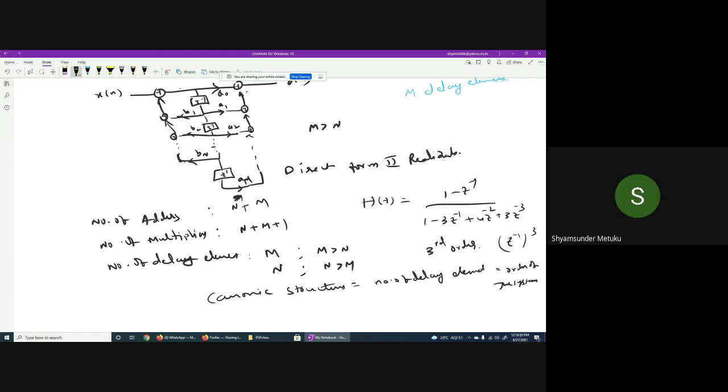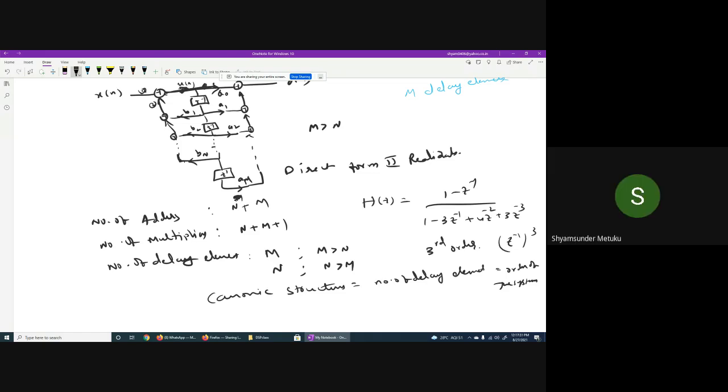Basically, this is an output. Finally, this is your output. Intermediate? No, from here to here, before a naught is multiplied, this whole thing is your output only for part 1. Part 1 output you are calculating. For the part 1 output, this is one input, this is second input. So anyhow, from here to here, we can assume there is no multiplication, because this is directly u of n only.